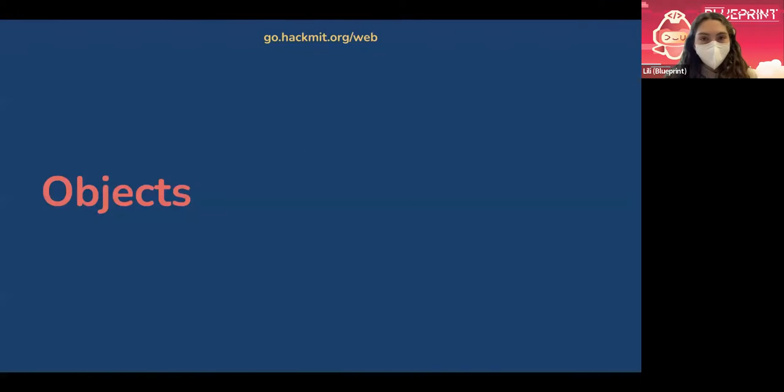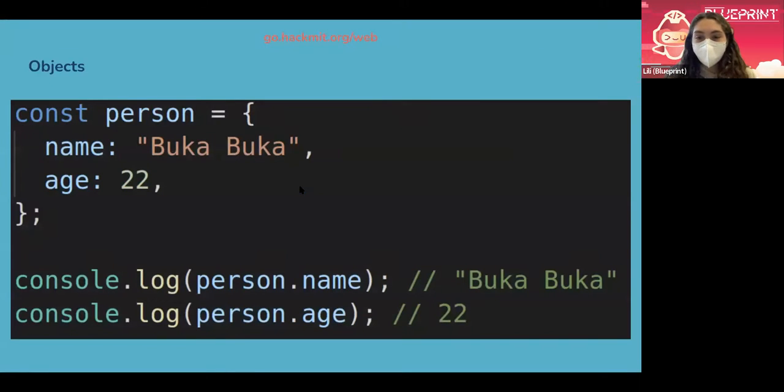All right. So now we're going to talk about objects. I'm kind of just throwing a lot of JavaScript stuff at you, and then I will connect it to our web dev stuff soon. So we start with objects, and objects are kind of like dictionaries